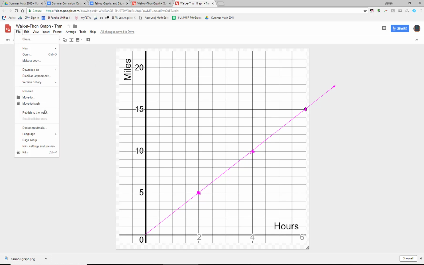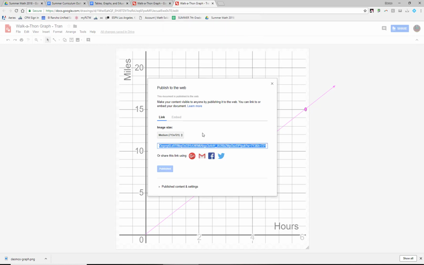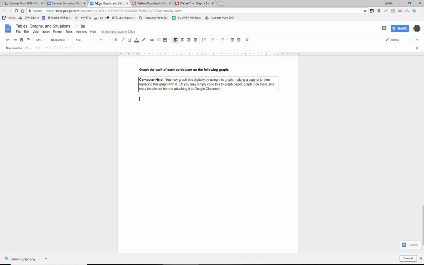File, and this is really weird, you guys probably haven't done this before, publish to the web. Okay, medium size is fine, I just want a link. Let me hit publish, press OK, and it gives me a link. I need to copy this whole link. Okay, so just copy it by hitting Control C, or you could right click copy, and then I go back